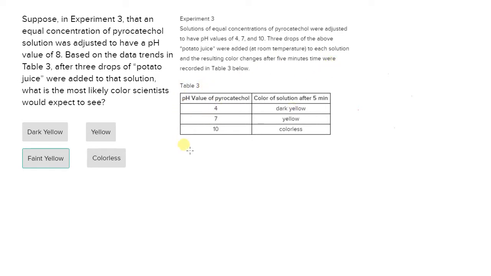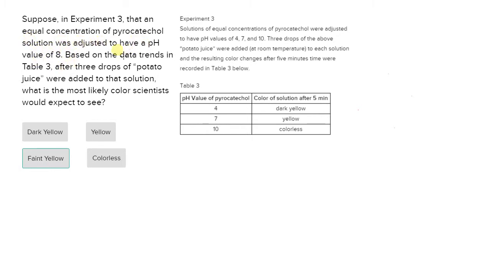So what this table shows is that 3 different solutions of pyrocatechol were adjusted to have different pHs, 4, 7, and 10. Then at these different pH levels, they added 3 drops of potato juice to each one, and they looked at what color occurred after 5 minutes. So this is what this table is telling you. Depending on the pH, after adding potato juice, this is the color that results after 5 minutes. So now the question is asking you,